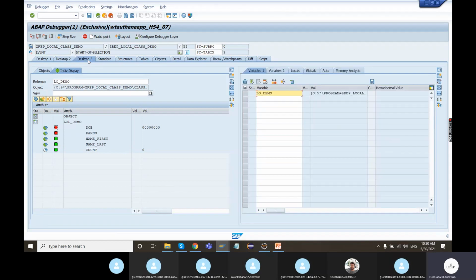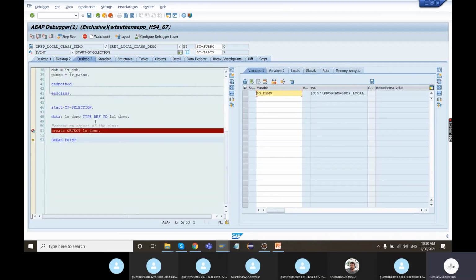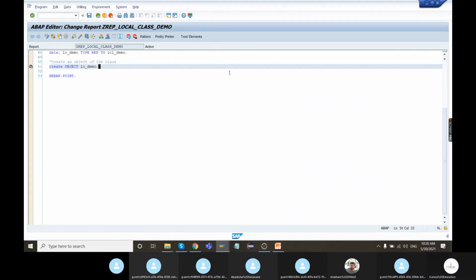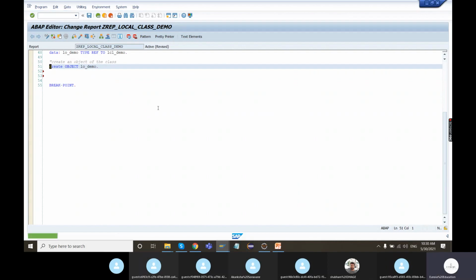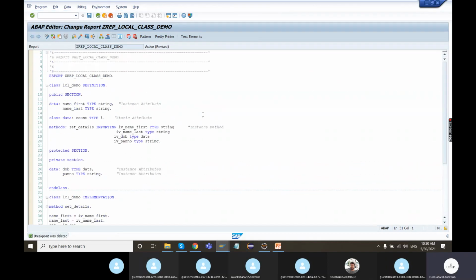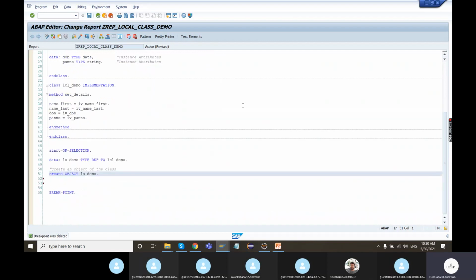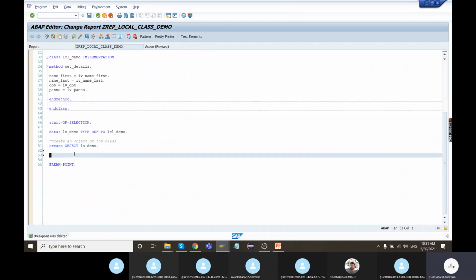So far so good. We are able to create an object of the custom class that we have defined so far. So we'll proceed further. Next, we are going to set the data into the class. Either you can create a selection screen and pass data from that, or you can directly hard code some values. So I'm going to simply hard code some values. When you are doing your exercise, you can create a selection screen and make the program more dynamic. That also is possible.